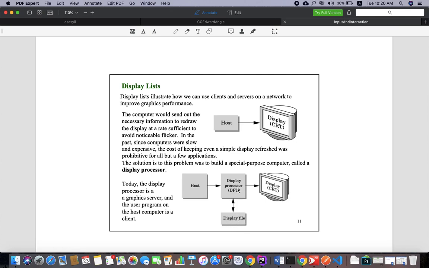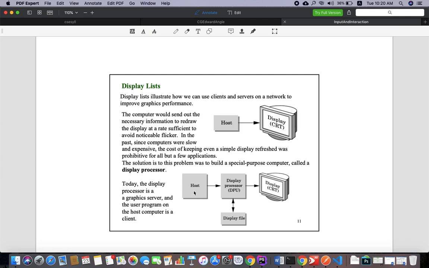Now who can access the display file? Only the display processor, nobody else. The host has no access to a display file. Now imagine that an image has to appear on the display or the CRT, the host will send an object. Imagine we have a horse as an object. The host will send that horse to the display processor. The display processor stores that object, the horse, inside the display file, and then sends it to the display. Now the horse or the object will appear on the display.